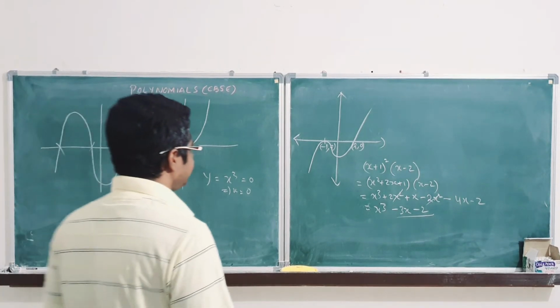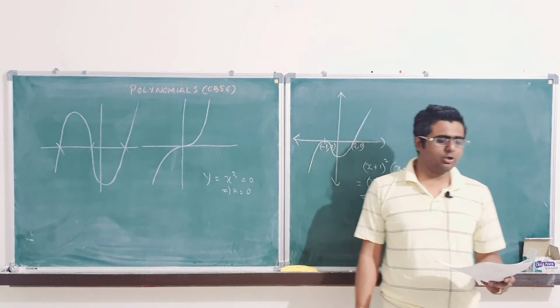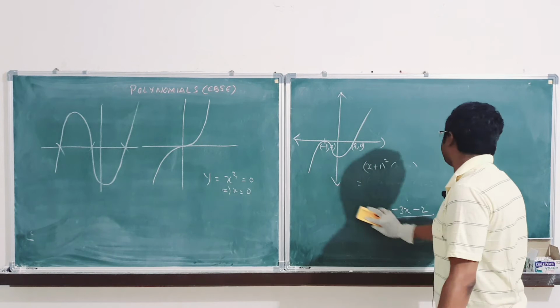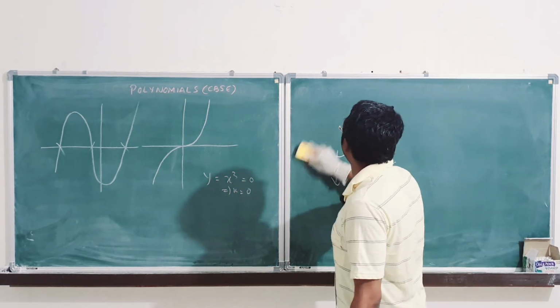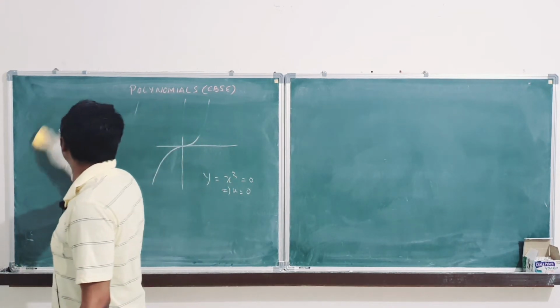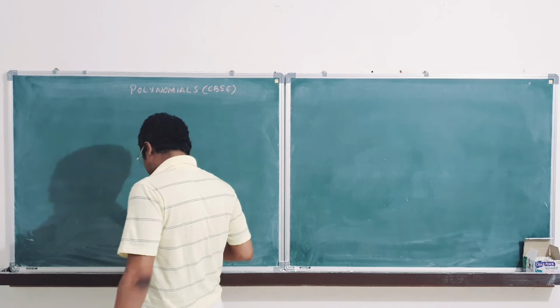Hi guys, so now we will be studying about the relationship between zeros and coefficients of polynomials. Our next part on polynomials, relationship between zeros and coefficients of polynomials. So don't worry, this will be another easy one, smooth path. Let's see this.